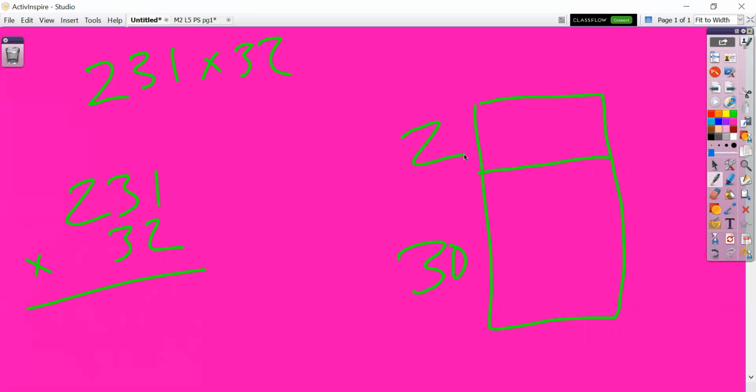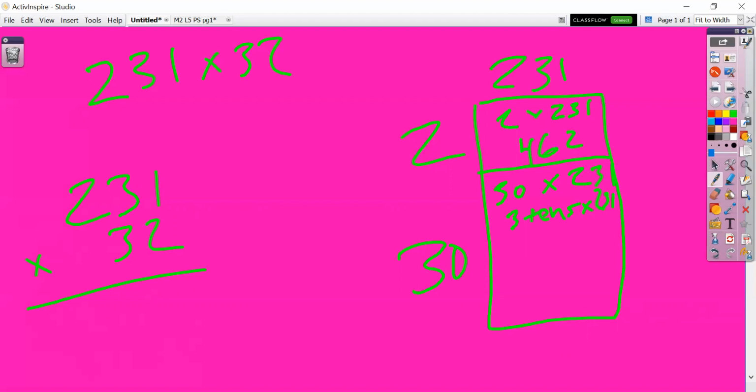Well, 32 has 3 tens, 2 ones. Our other factor is going to go on top of the area model. I'm just going to represent the math problems this time. I'm actually not going to solve so that we can do it correctly. I'm going to rewrite this in unit form, 3 tens times 231. Now, up here, if we doubled 231, there's no regrouping I can see, so this should be